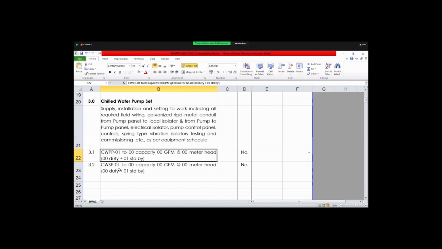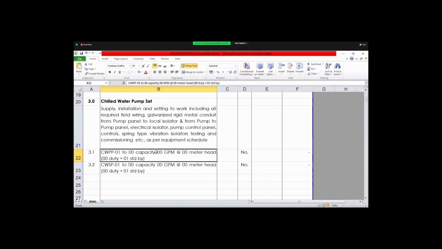So it depends upon how many primary pumps we are providing, including the one standby. So here it is mentioned, depending upon our project requirement, 2 duty or 1 standby, 3 duty or 1 standby. So based on that, there should be 1 standby compulsory that we have to provide, in case of emergency or maintenance of any pump.